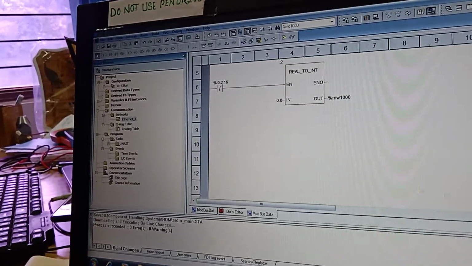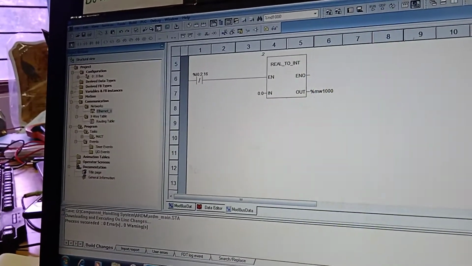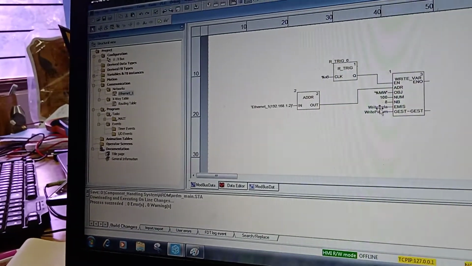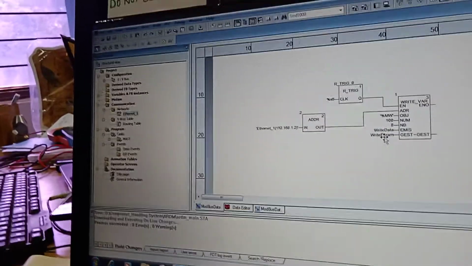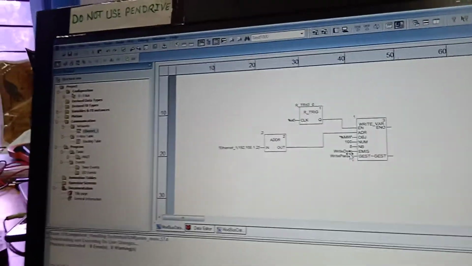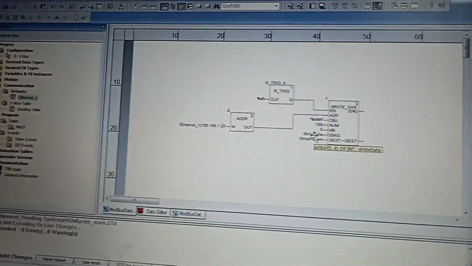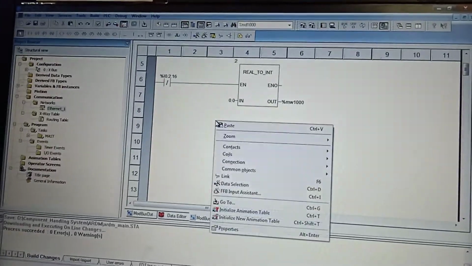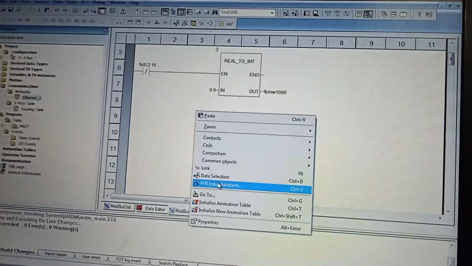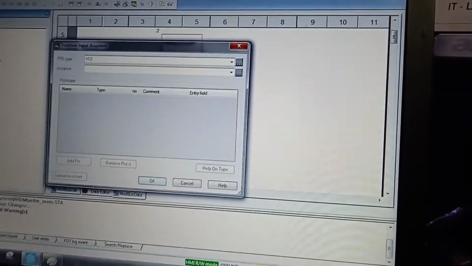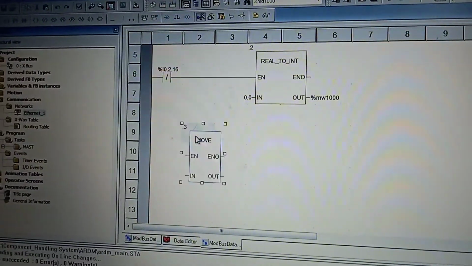Now this data will be going to the first element of this write data array. You see, this is an array, an array of size 8. So for that I will use one more block which is called move. I am keeping it here.